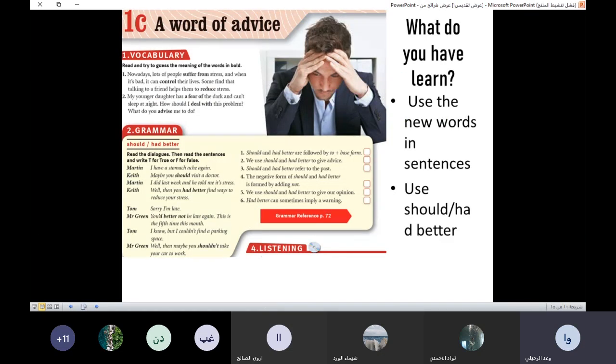A word of advice. Now, there is a very important thing here, Ola, for you, of course. Can you see the words in bold here? Remember when we studied them? If you hear the news now in English, you will notice that they mostly use those words, like suffer from. Now the word suffer from coronavirus. Now the governments try to control coronavirus. So if you listen to the news now, you're going to hear those words usually.